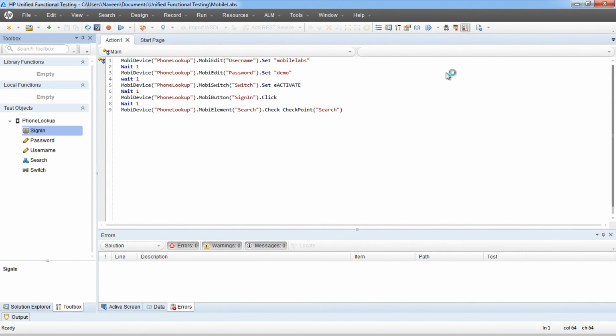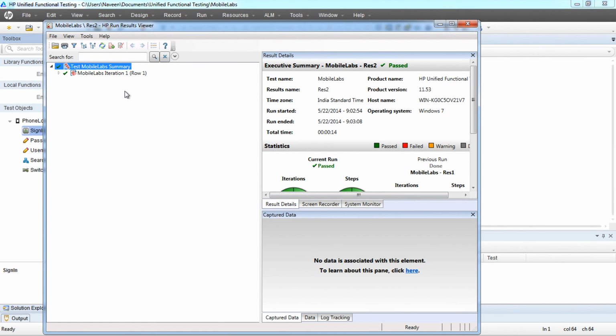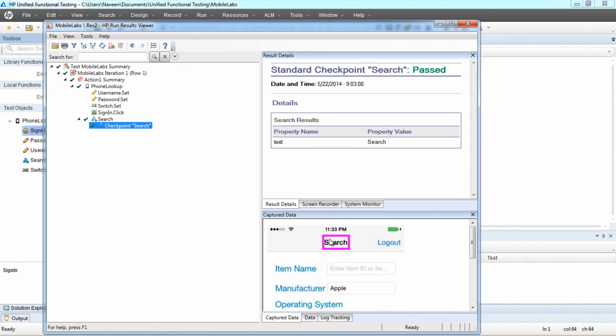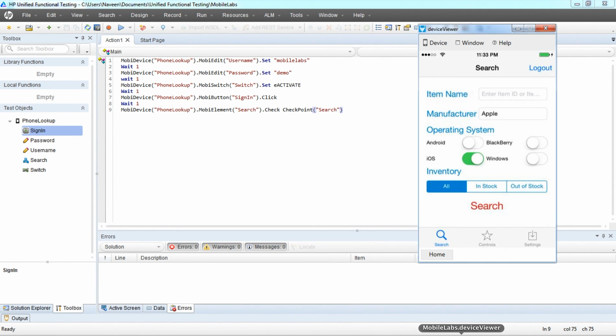Now launch the test results. As you can see here, the checkpoint passed, and this is the object on which we had our checkpoint. This was for iOS. Now